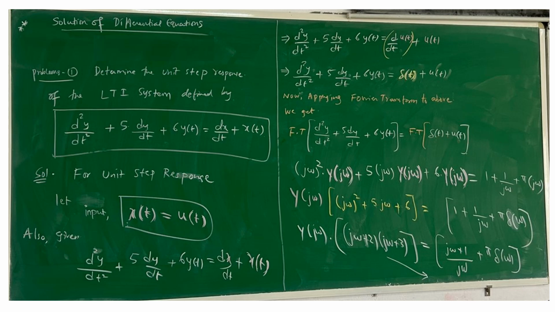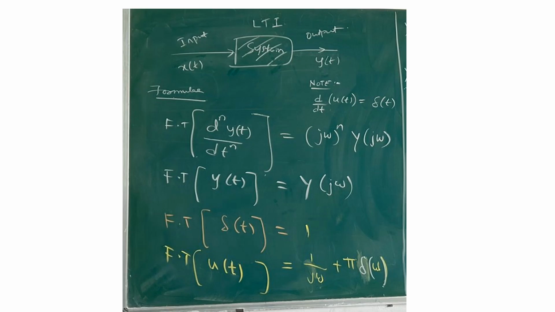So we need to know some of the formulas before we proceed ahead. The formulas are: Fourier transform of d by dt of y of t raised to the power of n is j omega to the power of n into Y of j omega, and Fourier transform of y of t is Y of j omega. Fourier transform of delta of t is 1. Fourier transform of u of t is 1 by j omega plus pi into delta of omega. Using these formulas, we substitute the Fourier transform and we get